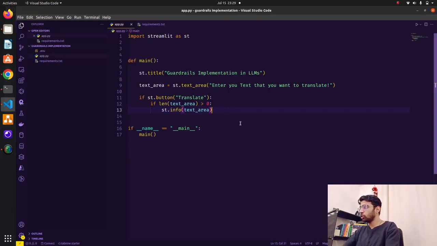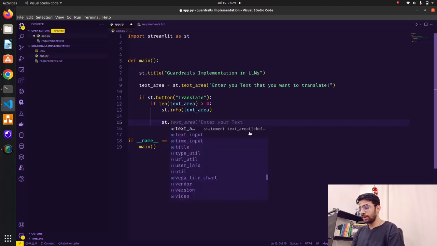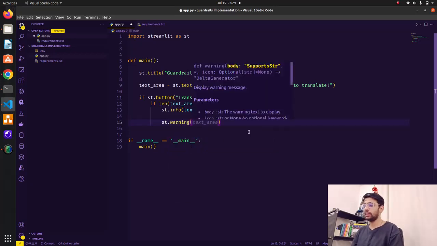Now the next thing I'm gonna do, let's write something st.warning, for example. Okay, warning. These are all status message elements, basically to show some text, some progress, something like that. So they have info, they have warning, they have errors, they have status in Streamlit.